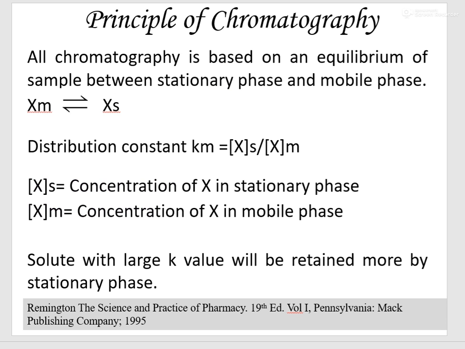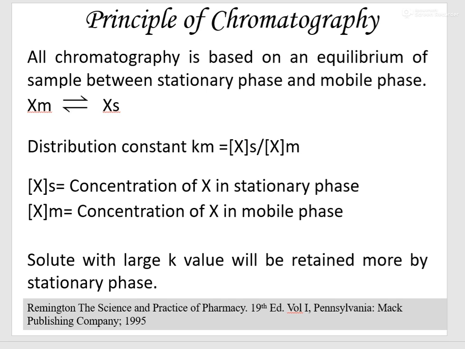Now, what is the principle behind any chromatography? All chromatography is based on an equilibrium of sample between stationary phase and mobile phase. This equation shows the equilibrium of your sample between mobile phase and stationary phase. X is a sample. So, distribution constant Km can be written as Xs upon Xm, where S stands for stationary phase, M stands for mobile phase, X is a sample. Xs is the amount of sample in stationary phase and Xm is the amount of sample in mobile phase. So if you have a high Km value, that means the sample is more retained by the stationary phase, or you can say the amount of sample in stationary